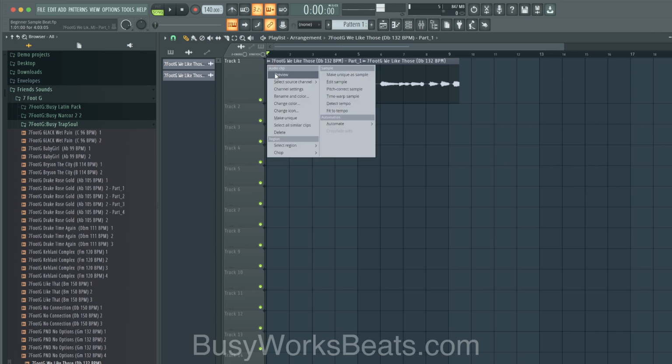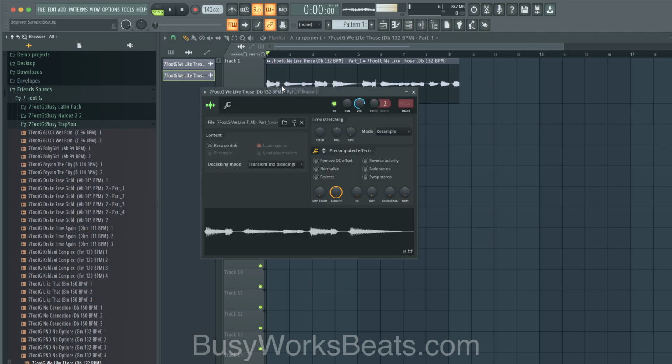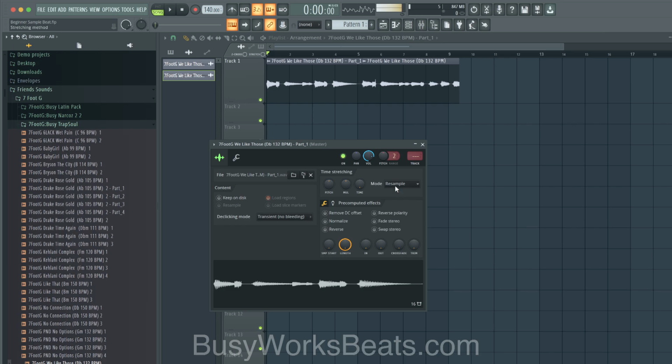So let's go here to the top left. Let's go to channel settings, and a quick way to time stretch is go to mode, stretch mode, so that it keeps its original pitch and tone. And then we're going to go to the time knob here and left click and drag this. In the top left, you can read the value. It'll say like 4. Right now it says 5.